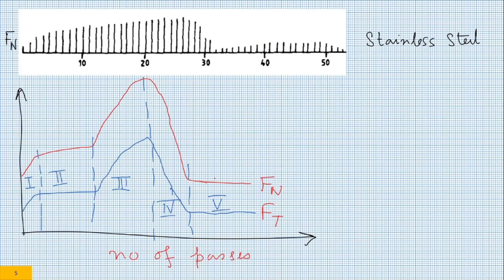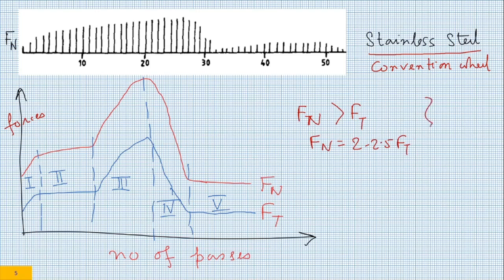Now, these are actual experimental data. This is for stainless steel being ground by a conventional wheel, and this is what happens. I will come to the actual experimental data later on, but I will come to this one. What happens during grinding, during wheel loading? So you will expect initially the forces will go up. The blue one is Ft, the red one is Fn. Fn is more than Ft. If it is metallic alloys, Fn would be 2 to 2.5 times Ft. So these things are observed here.